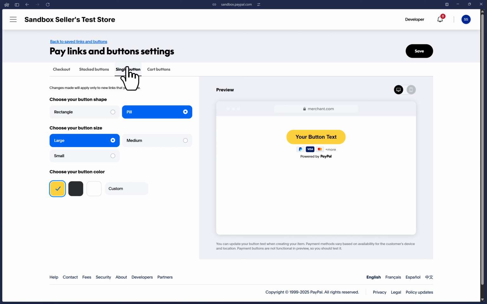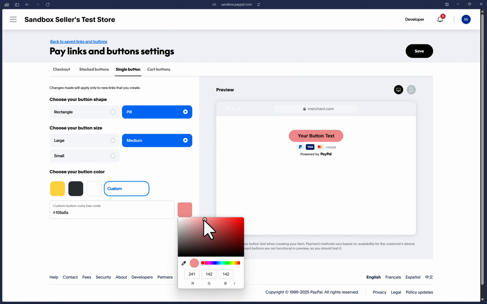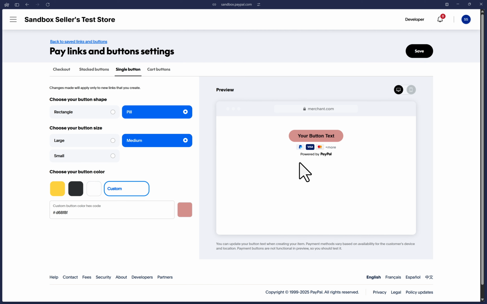This button is designed to work without JavaScript also on your website, as you'll notice the merchant.com mentioned here. So after you modify the shape and size, you can customize the color to match your website's color palette if desired. Please note that any buttons you make here will only affect any single buttons you create after these changes get modified. If you want to update any single buttons that you created in the past that are already published on a website with the changes that you're making here on this page, then you will need to navigate to